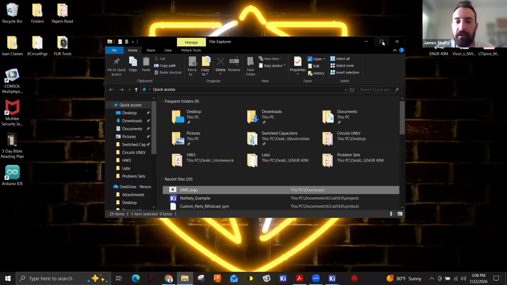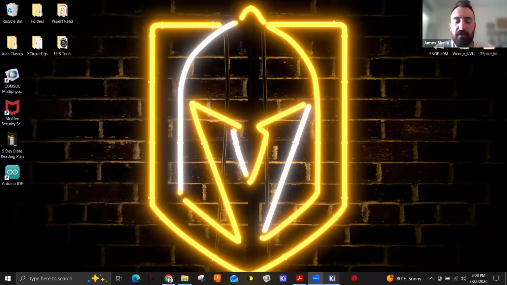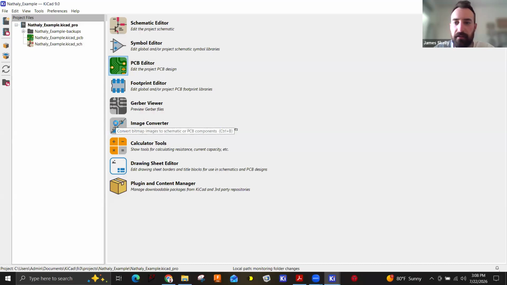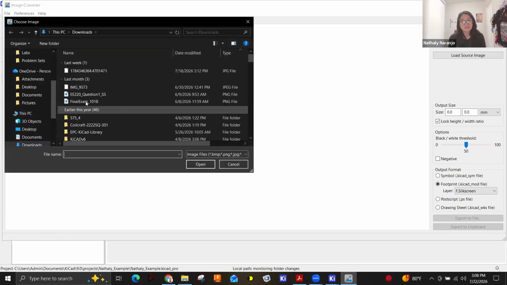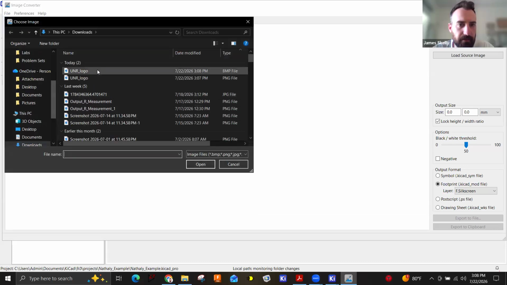We can go back into KiCad. This is all just fun stuff, obviously not necessary, just extra stuff for fun. I love it. Once you're done with your PCB, it's like a work of art and you just want to throw something in there. So if you open the bitmap image,